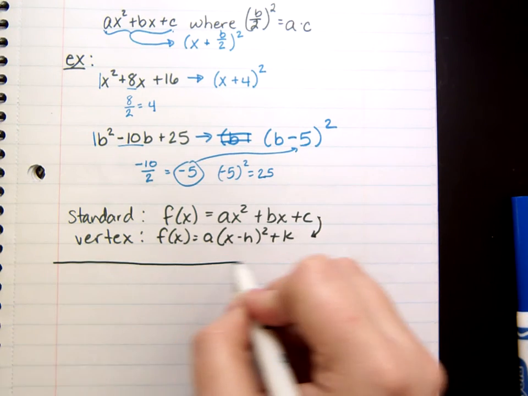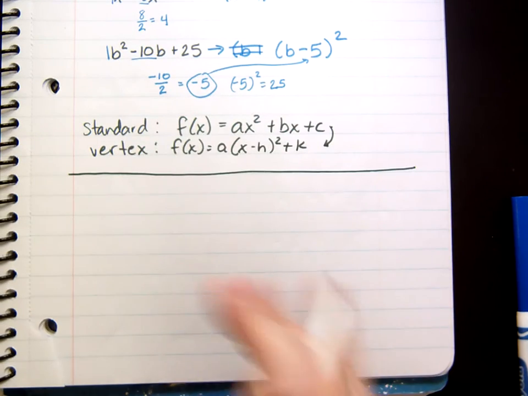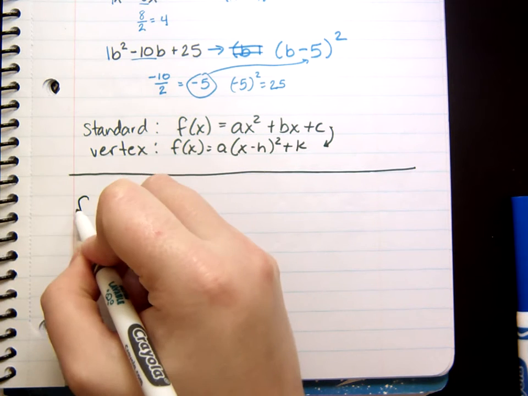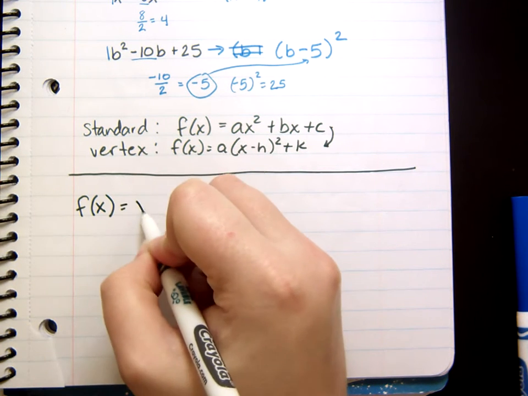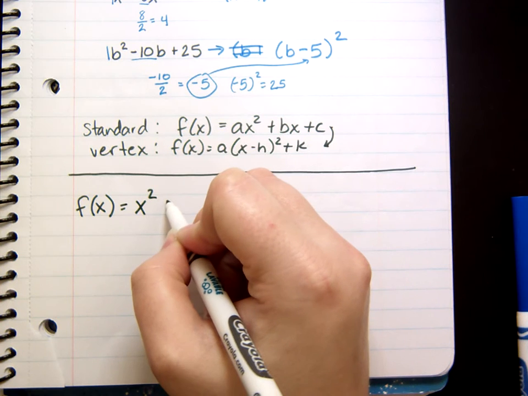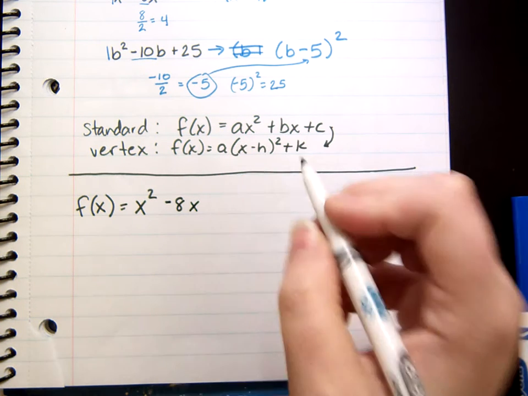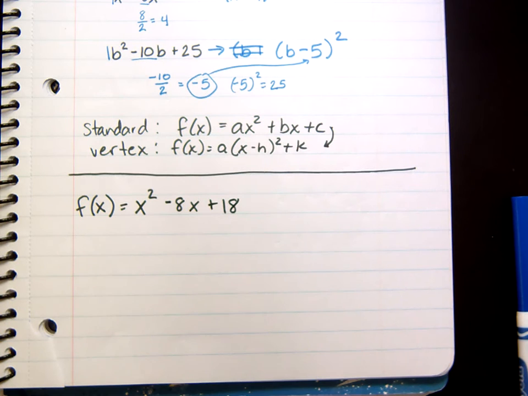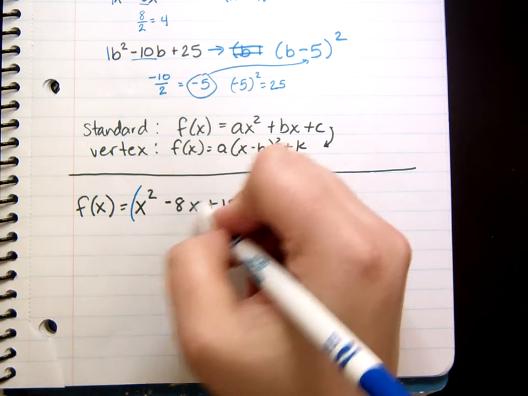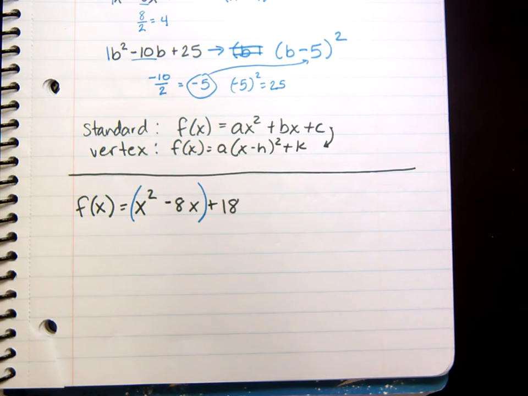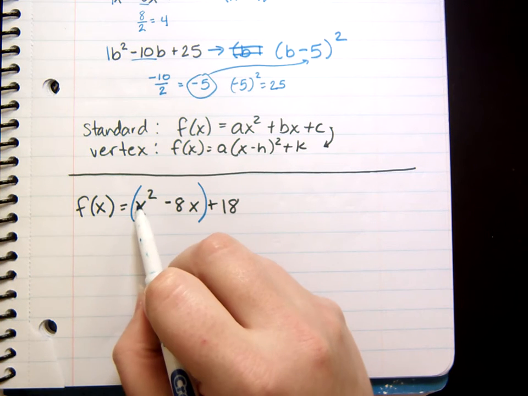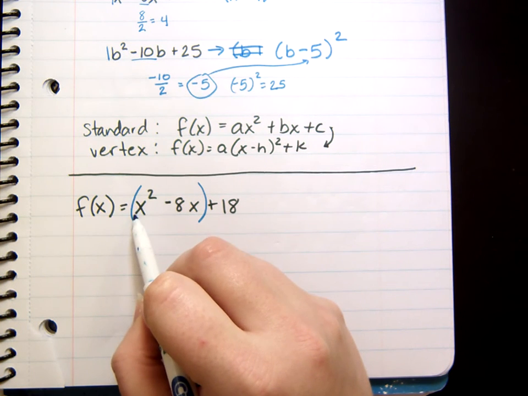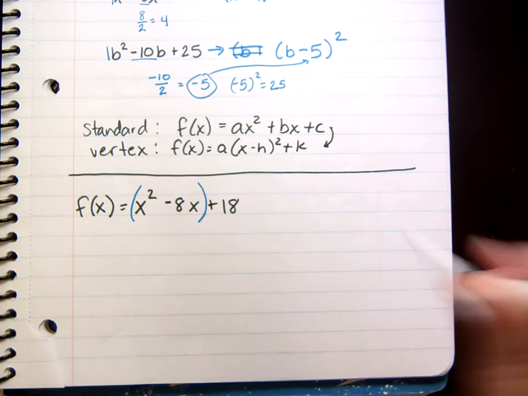Alright. So I'm going to give you an example. X squared minus 8x plus 18. Alright. To complete the square, the first thing you're going to do is group together your x squared and x terms. And then you look at your x squared term to see if there is a number that is not positive 1 in front of it. In this case, there's not. So we can go on to the next step,